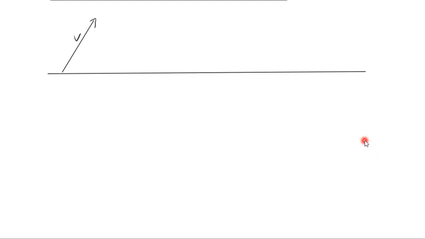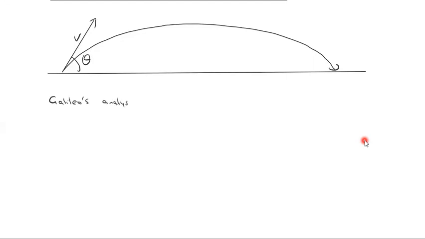So given that a projectile is only going to fall under gravity, it's basically free fall in 2 dimensions. In projectile motion, we normally launch at some velocity with some angle theta. You're probably quite familiar by now that it will go through this sort of path here. The important thing is we then rely on Galileo's analysis, which basically says that projectile motion